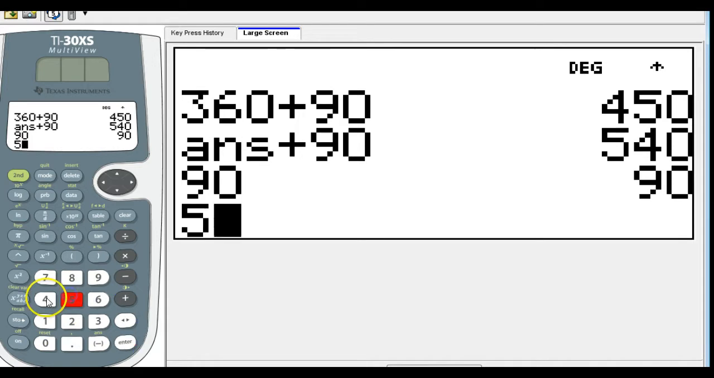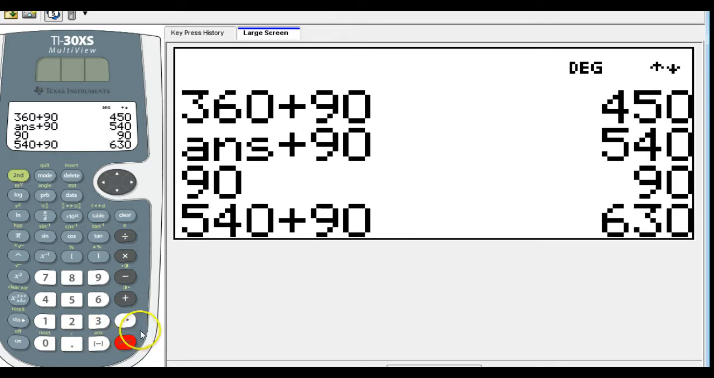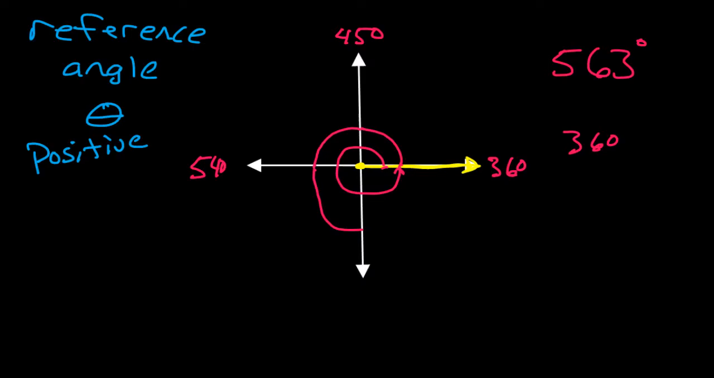Okay, that didn't do it. I must have hit the wrong key. 540 plus 90, 630 degrees. I've gone too far. I don't want to go that far, so I'm going to back off, but that tells me that my terminal side is going to be somewhere in this quadrant, and I'll just draw it this way, going up to that side. Okay, so this is a picture of